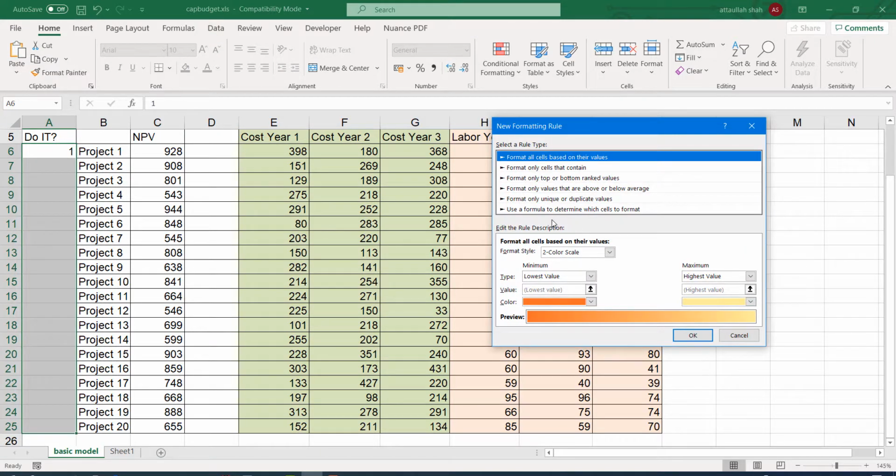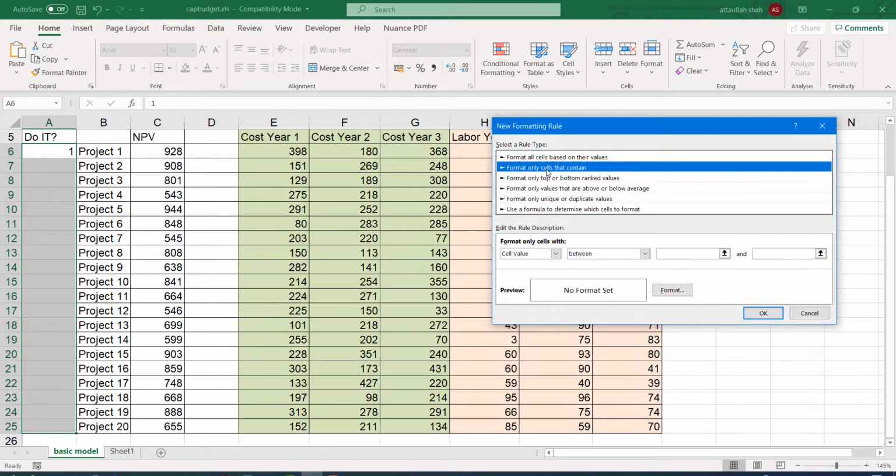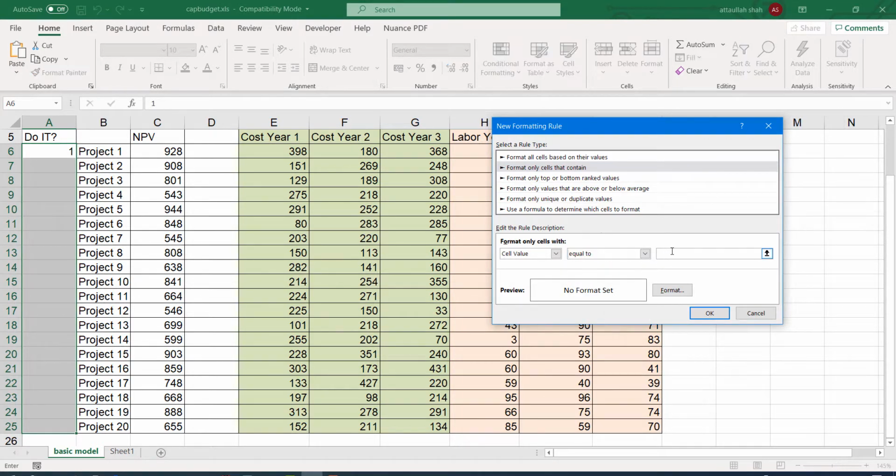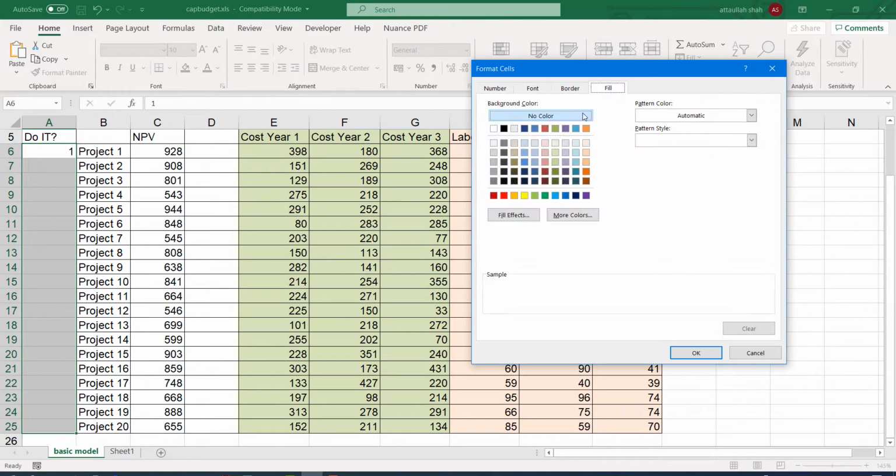Okay, so when we have a project selected, it will have a number of 1, and if the value is equal to 1, I'll keep the background as green. Okay, so the first condition, format all cells based on their values. When the cell value is equal to 1, I'll make the background green.